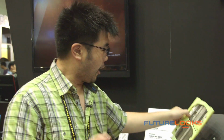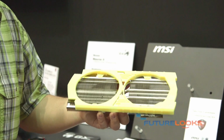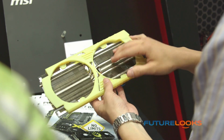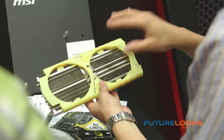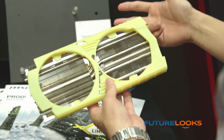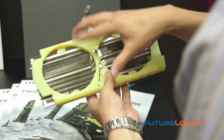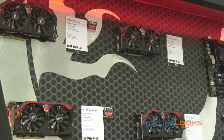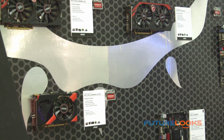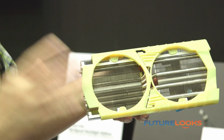At the show, MSI has just released a mock-up of their new Twin Frozr 5 design for heatsinks. Now this particular cooler will be joining some of the newer NVIDIA and AMD cards coming out a little bit later on. One highlight of this new cooler design is that it is way more efficient thermally. In fact, at the same level of noise produced by the fans between the Twin Frozr 5 and the 4,